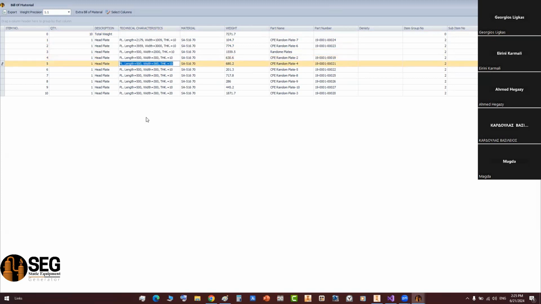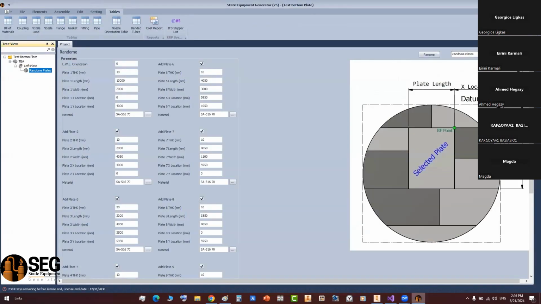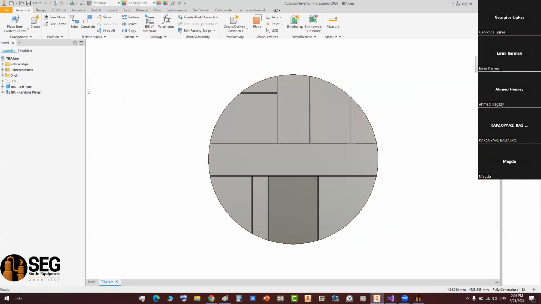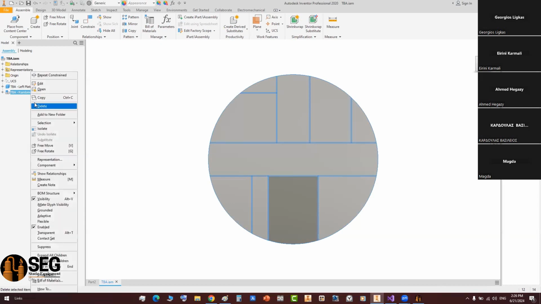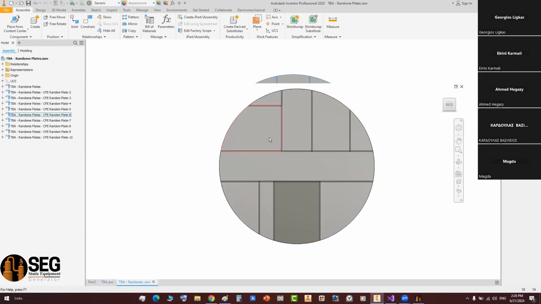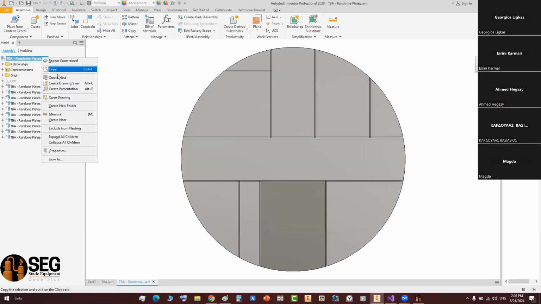Okay. So by this technique, you can generate this type of blades on the bottom. Now let's check how to make a nesting for that. Now we have an assembly for the blades, so you can open the assembly of the bottom blades and make